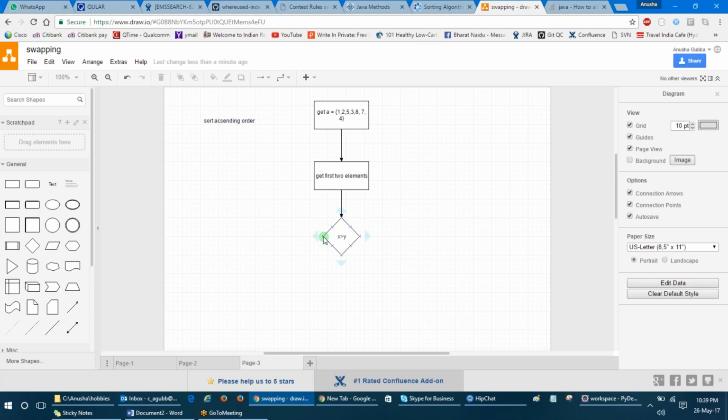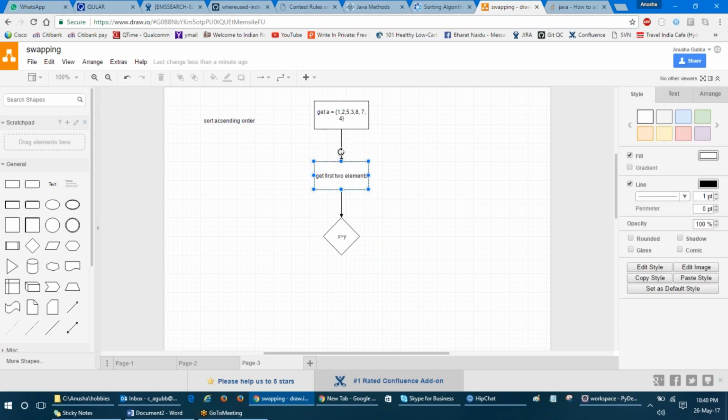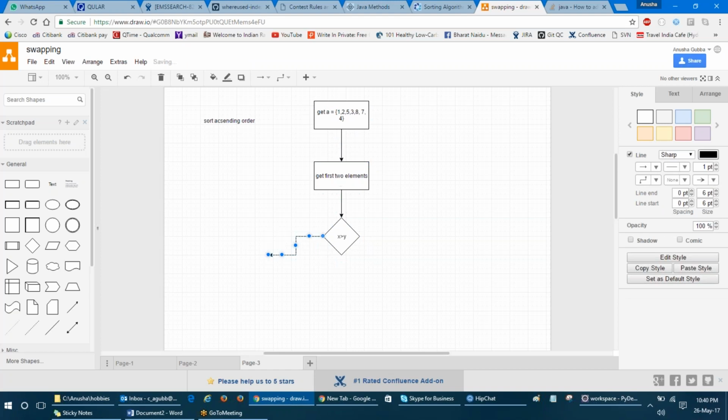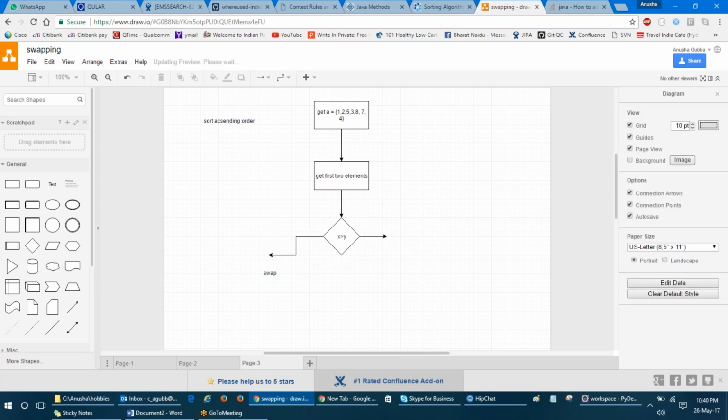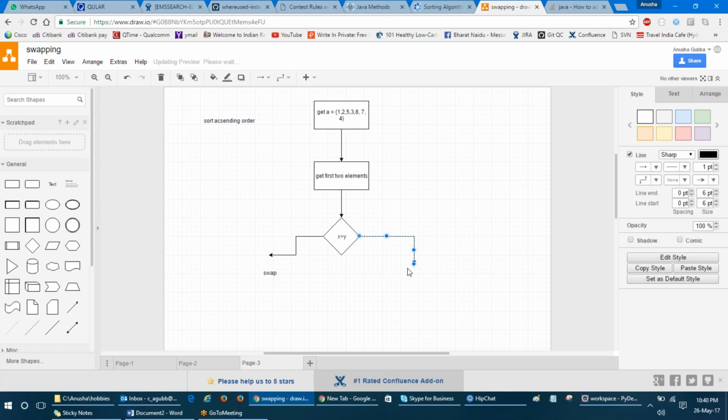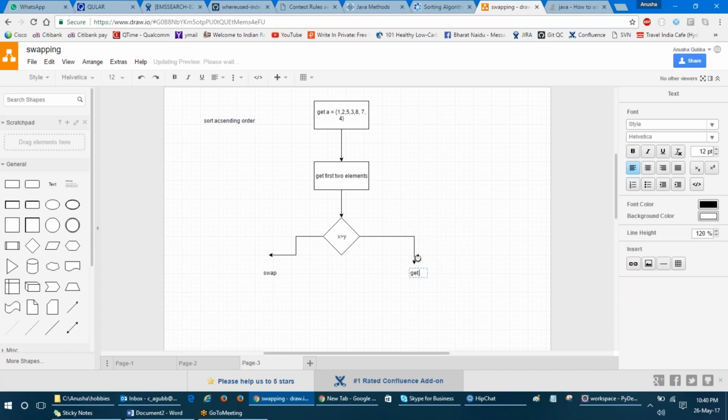If x is greater than y, that means the first element is greater than the second element. Now I'm going to swap both of them. So we did the swap thingy, right? So just swap. If no, just get